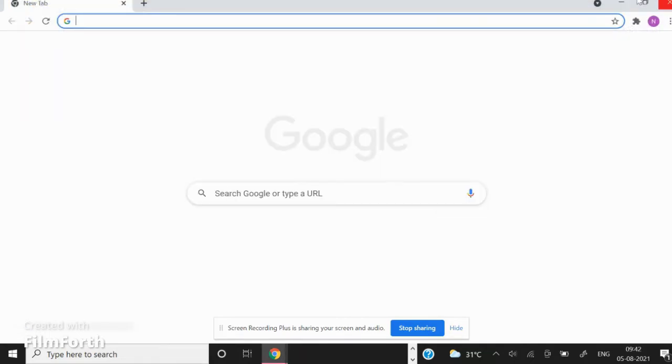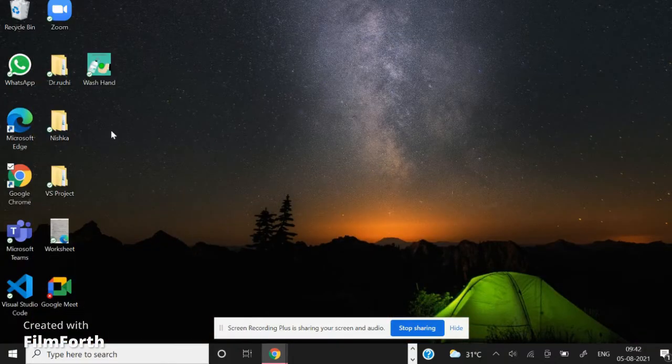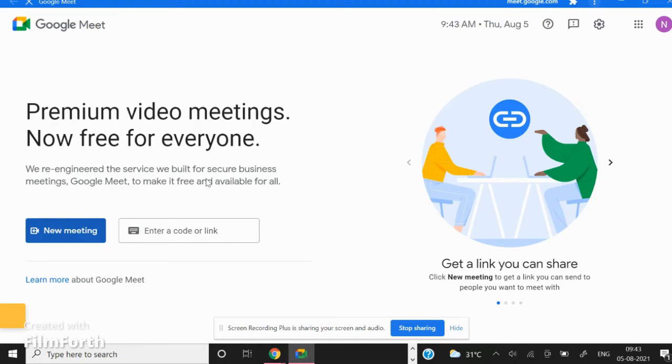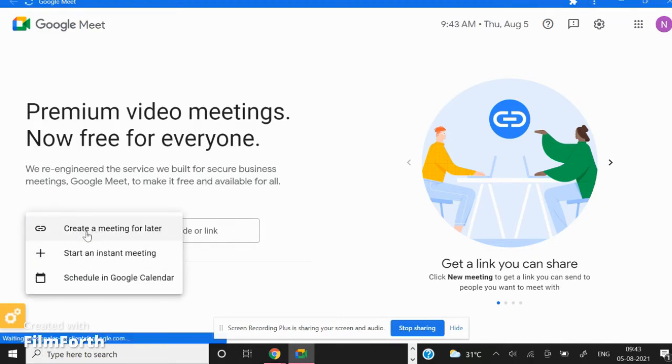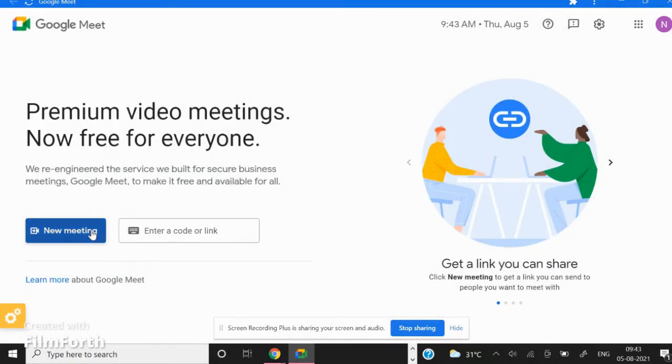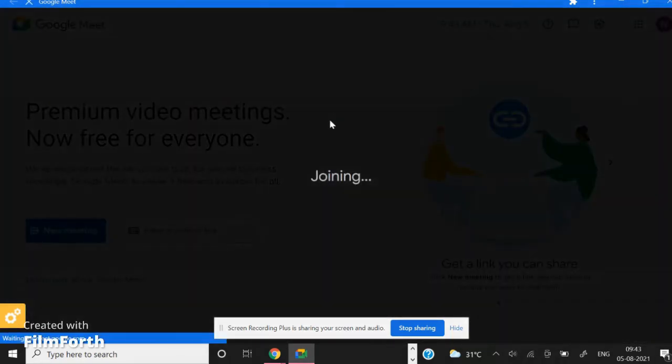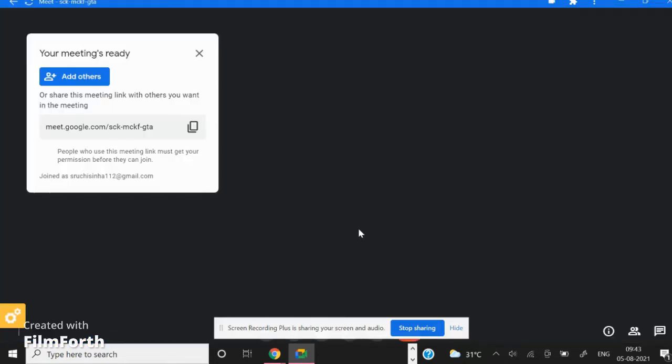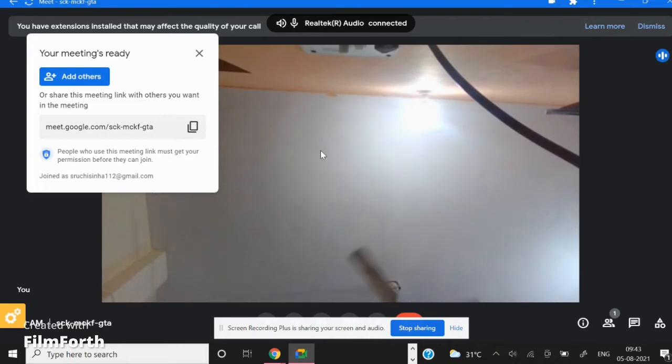Now let me show you how it looks from the desktop. You can see now once you click over here, this is how it looks. Now let me show you that we can also just create a meeting. So this is how it